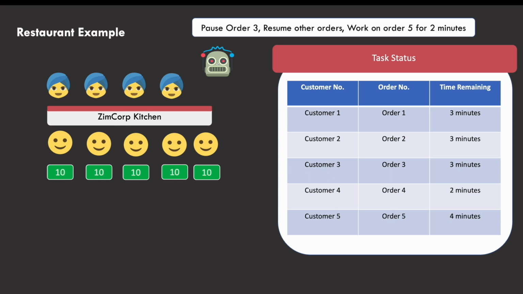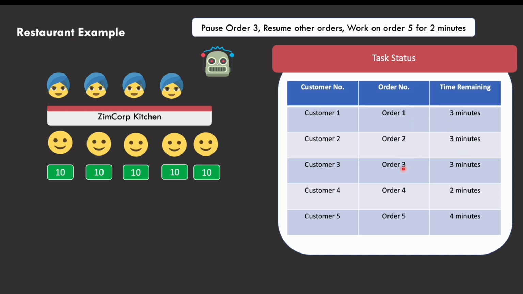Next, as you might have guessed, the scheduler tells chef number 3 to pause. Others will resume, as in 1, 2 and 4 will resume. Order 3 will pause, and order 5 will be worked on for 2 minutes by chef 3 instead of chef 2 and 1, right? So from 5 minutes, order 1 has 3 minutes remaining, order 2 has also 3 minutes